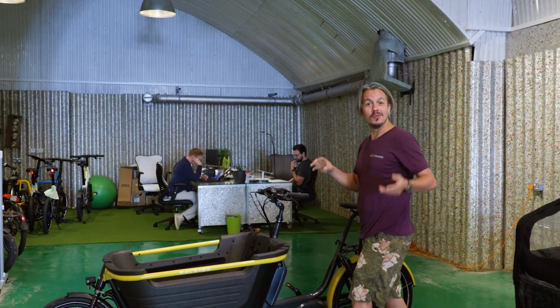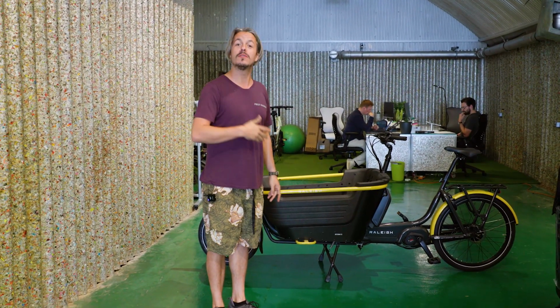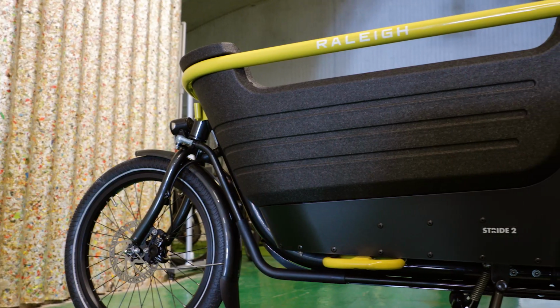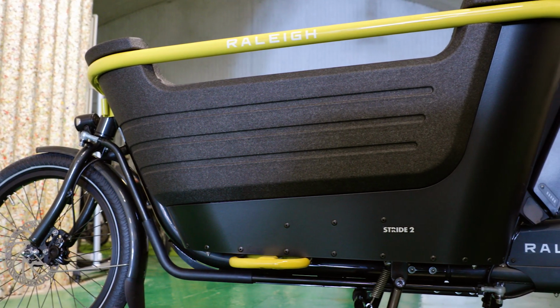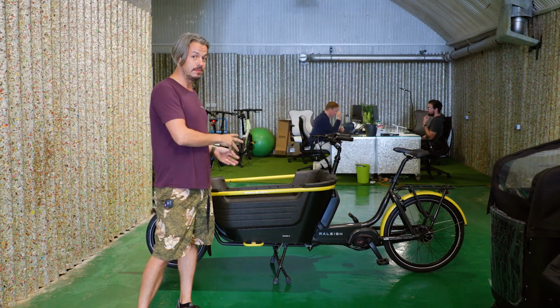Here, next to our original showroom, we now have 10,000 square feet of extra space, and we are presenting to you today the new Raleigh eCargo bike called the Stride 2. It's an entry-level cargo bike. It's Raleigh's first attempt at a cargo bike, and it's really nice to see companies like this moving into this